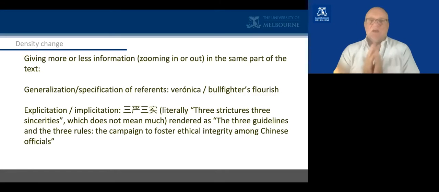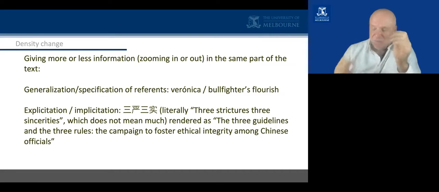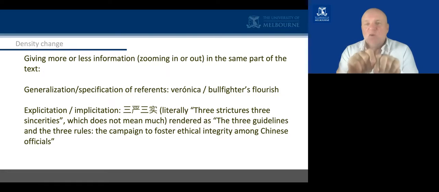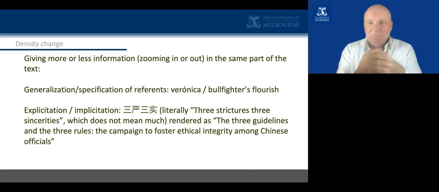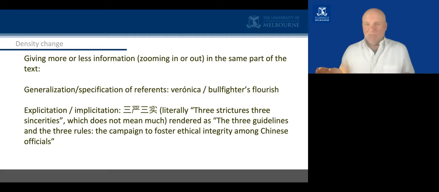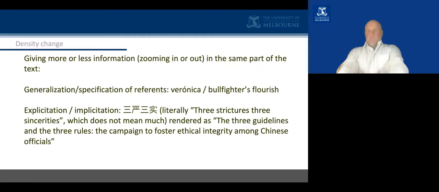My second major category here is density change. And density here simply means how much information you're giving about a certain referent. But it can also mean how much information is packed into the sentence. So if there's lots of information, you're getting something very granular and you've got high density. If there's not much information, it's like you're looking at it from further away, you can't see so many details,